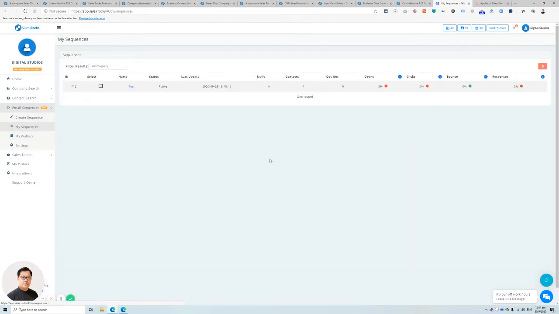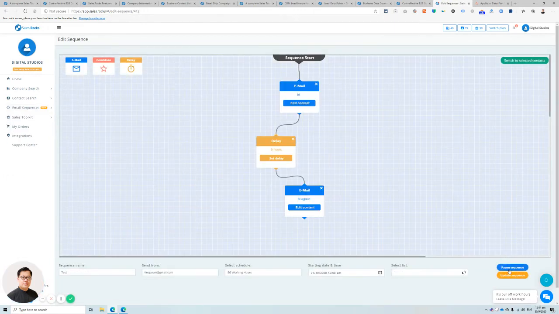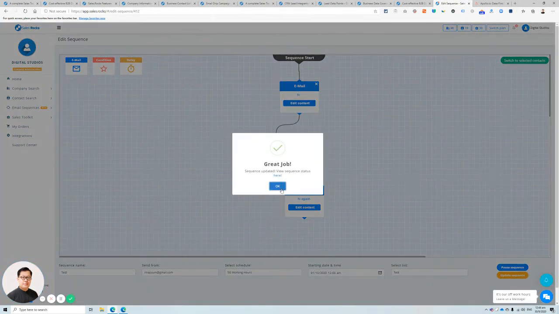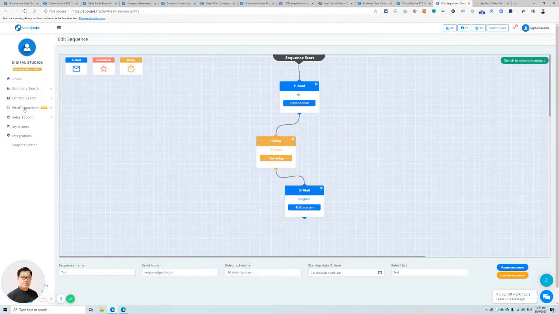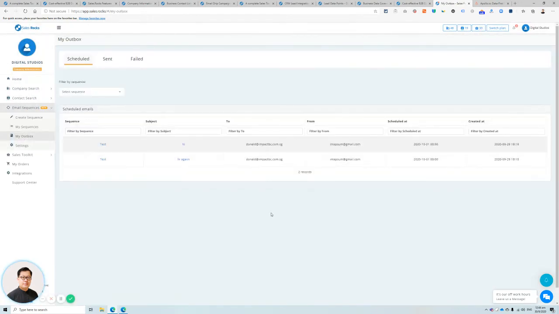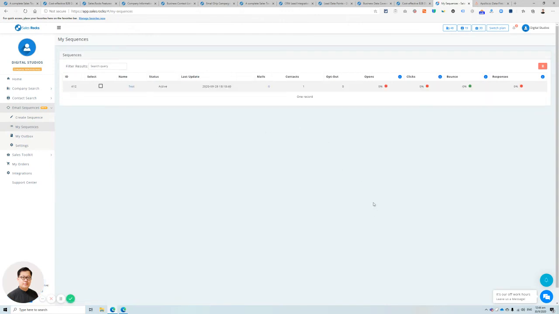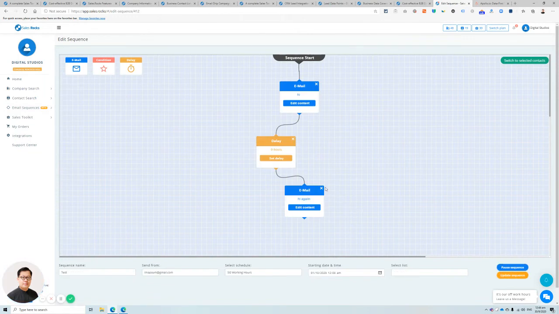So let's just go back to the previous email that we had set. Let's say we have set up the name of the sequence, where it's sending from, the schedule, the starting date and time. So now if I wanted to, I could update the sequence. And if I go back to my outbox, I should see... I don't see a third email. That's because I think the third email is based on a conditional, so it's not going to launch straight away. Oh, I see. I actually have not